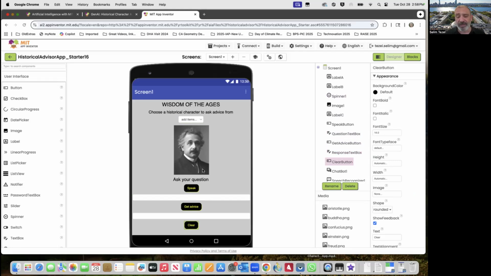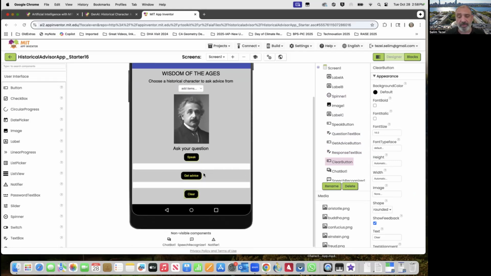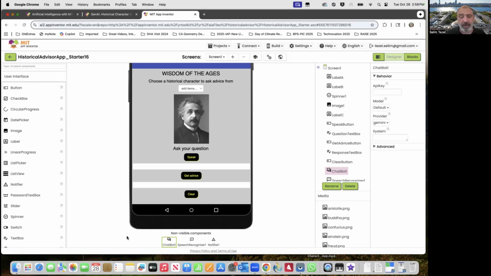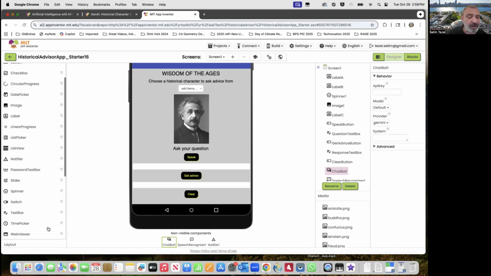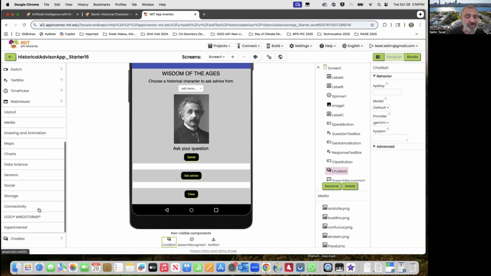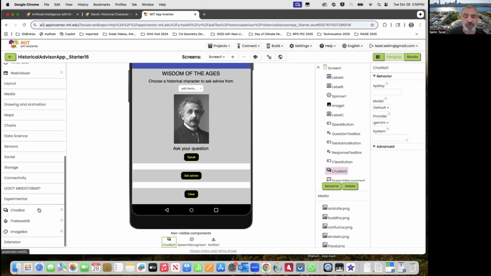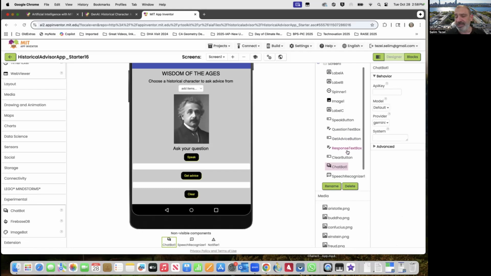Okay, so all of these are user interfaces you're probably familiar with, maybe not the spinner. And then we have non-visible components here, speech recognizer and notifier you may have done before. Chatbot is a component that you can find in the experimental section that allows you to talk to the large language model that you're going to be using.